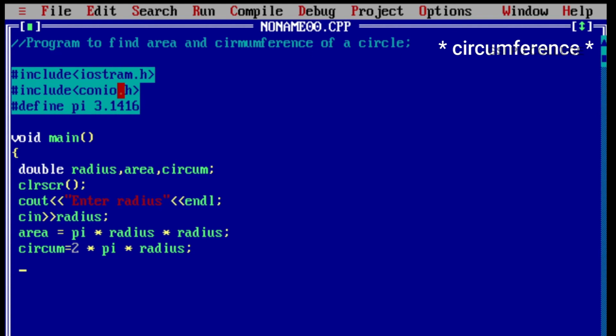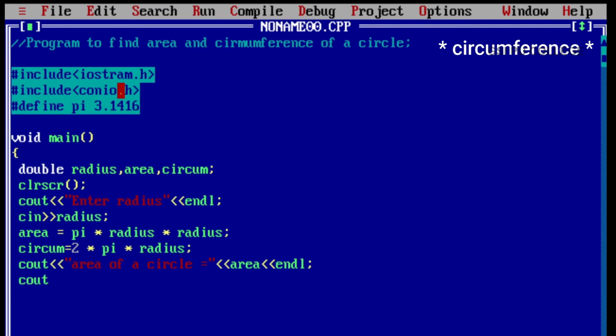After applying the formula, the next step is to print the result. So we have to make use of the output statement cout. Here we can display area of a circle equals, with the operator, and here we have to close this, and with the operator the variable is area, and we can make use of the endl manipulator.